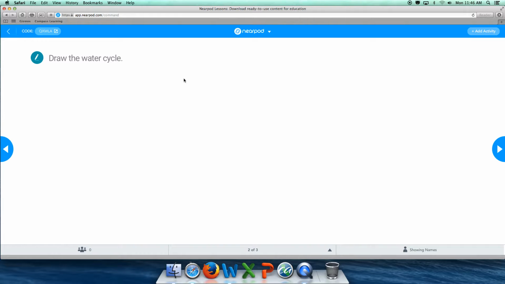And as a teacher, you are able to control each slide. So the students will see it here, and once you move it to the next one, they're able to see it on their end. And if you want to go back, you go back, but you are in control of this. And if you look up here, the code is up there as well. And once your students log in, you are able to see on the screen each student that logs in from your end. And once they are done, then they click submit. But this was just a quick little tutorial on how to set up a Nearpod live lesson. Okay,